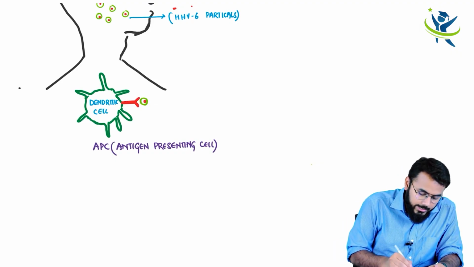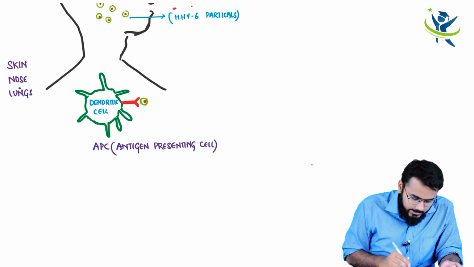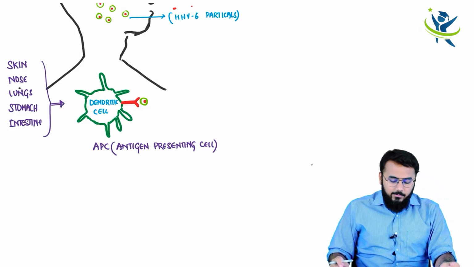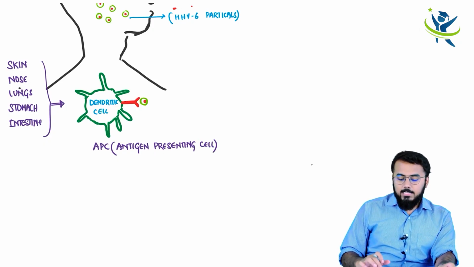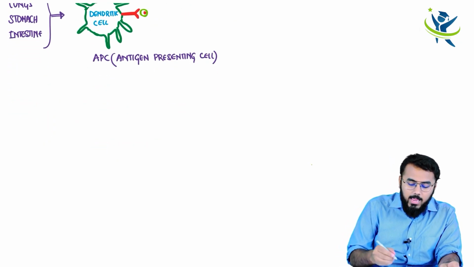I have already told you that dendritic cells are seen on the skin, on the nose, right, within your lungs, and let us say it is also seen in the stomach as well as intestine. So in all these places you see such dendritic cells. Fine. Now once these dendritic cell receptors are attached to this HHV virus particle, now what will happen is that,